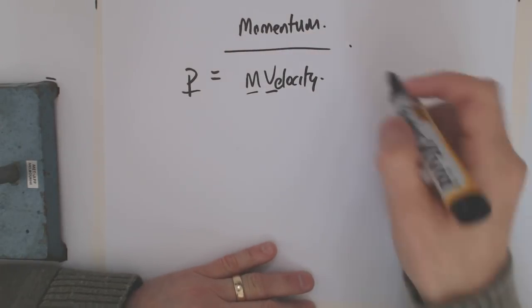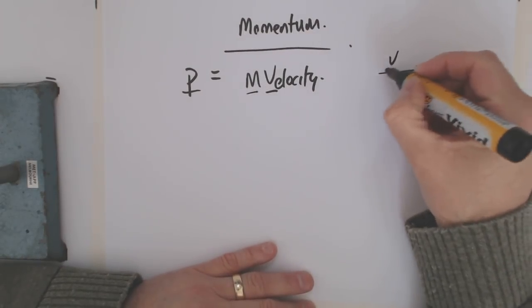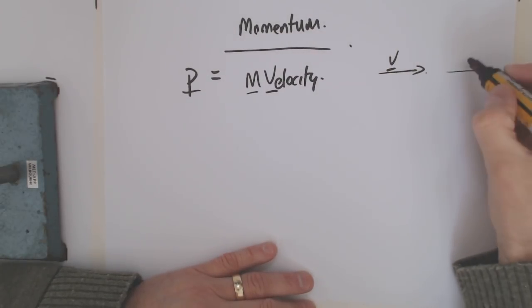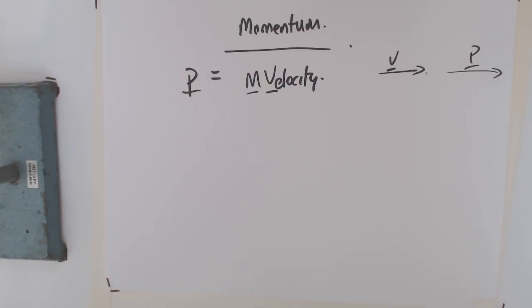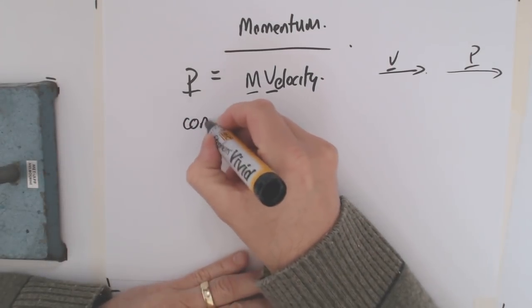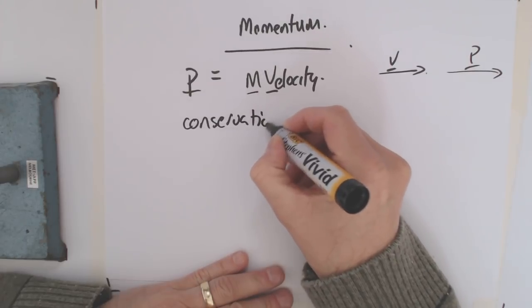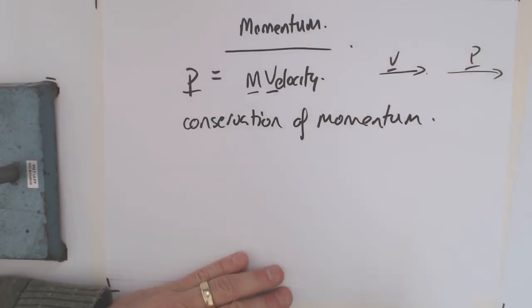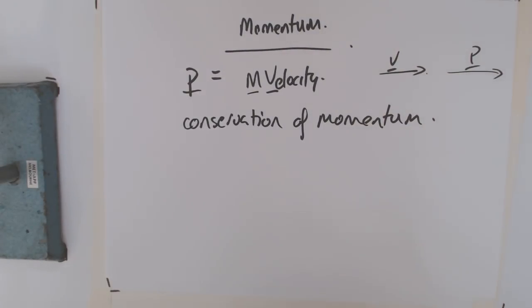So if this was your velocity vector and you then multiply it by mass, and mass is greater than 1, then you'll end up with a new vector, p, going in the same direction. And that's momentum. And at this stage you're going, wow, not much to that really, is there? But the whole thing about momentum is we've got something called conservation of momentum. And this is one of the most important principles in physics. It's just about, if not more, important than conservation of energy. So we use it in a lot of examples.